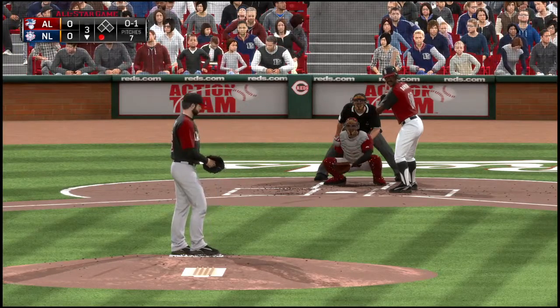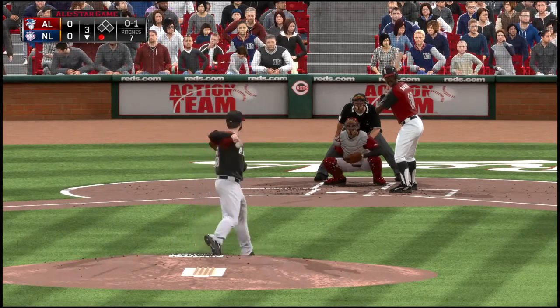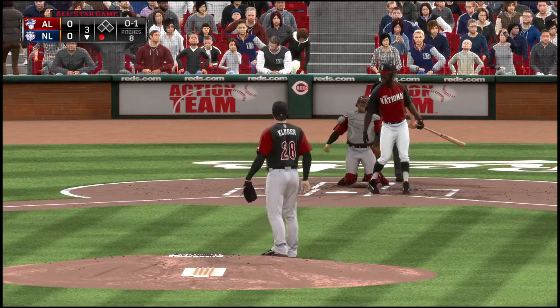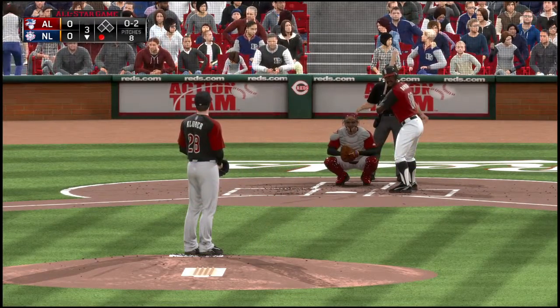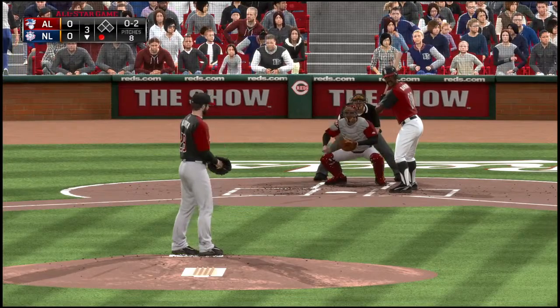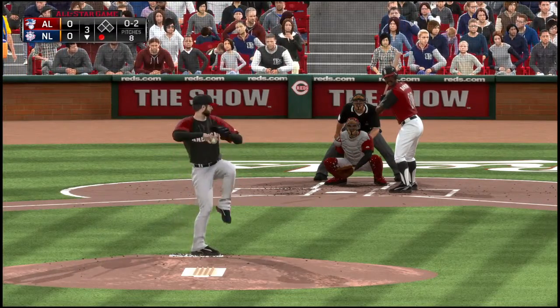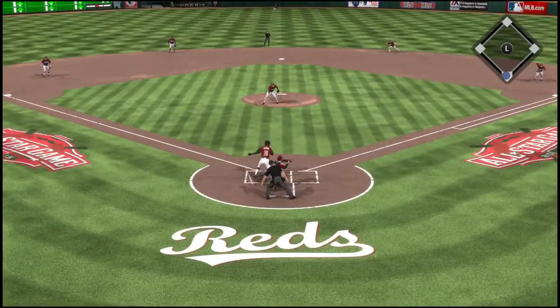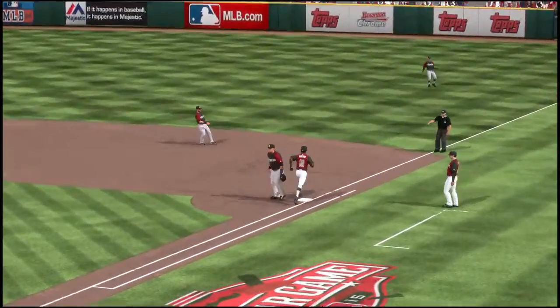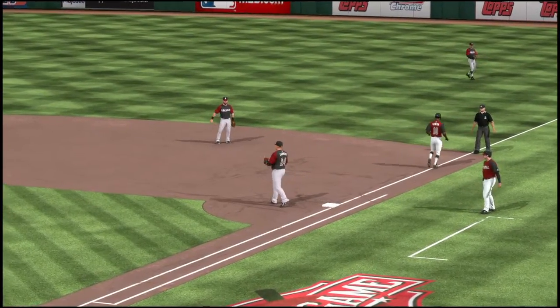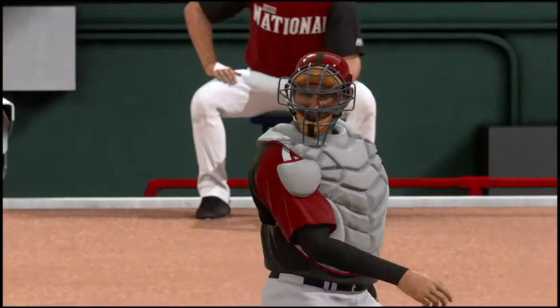Now the pitch. And this ball's heading for the seats down the right side as the count will move to 0-2 now. Here's the pitch. Struck him out, but he'll try for first on the dropped third strike. Throw to first will take care of him. Score it 2-3 on the putout, and there are two gone now.